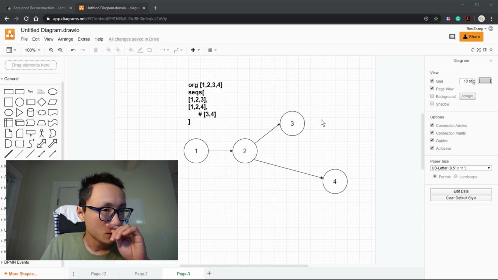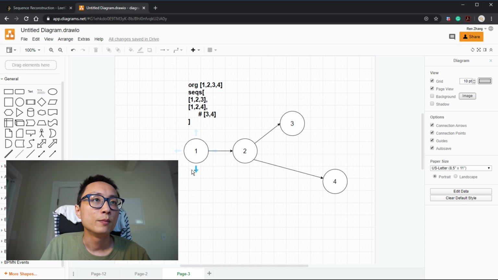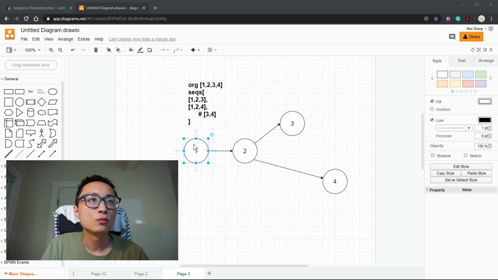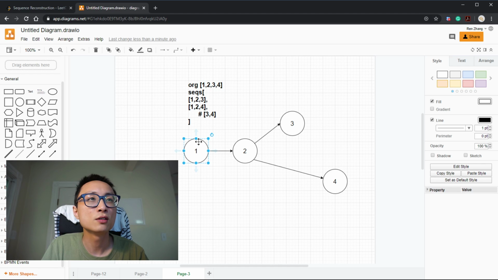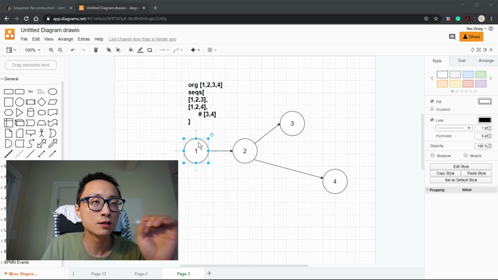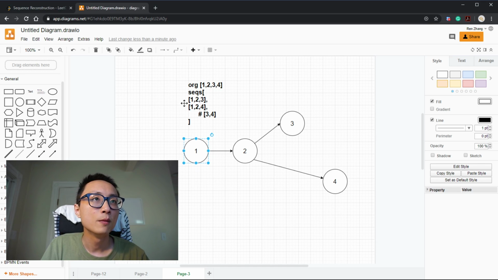The way to look at it is that we should start with 1, because no number comes before 1 in this list of sequences. So 1 has to be the first one in the original sequence. Once we clear 1, we see that the immediate number that follows 1 has to be 2.